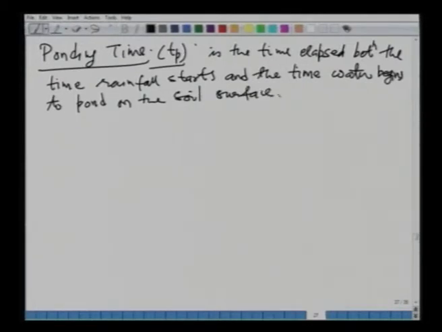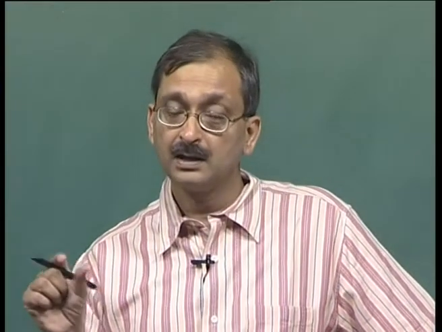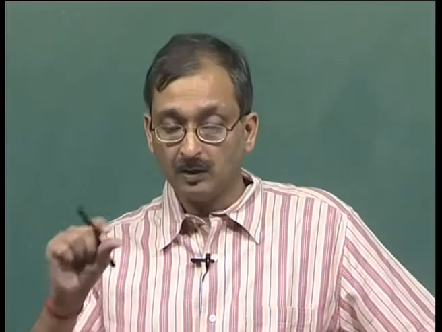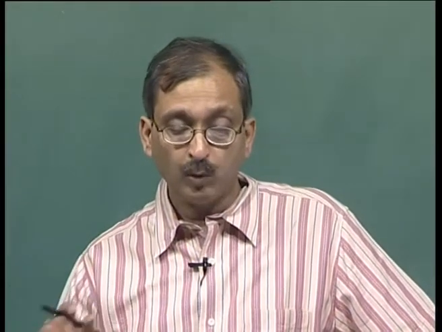Okay. So, what does it mean? Let us say the rain starts at 8 a.m. or 8 o'clock in the morning and the water starts to pond, let us say at 8:20 a.m. or so. So, you have a 20-minute duration in which the water completely penetrates or infiltrates into the soil. It will take all of the water, and then water will start ponding on the soil surface, or on your garden or in the lawns. Okay. So, that is called the ponding time.